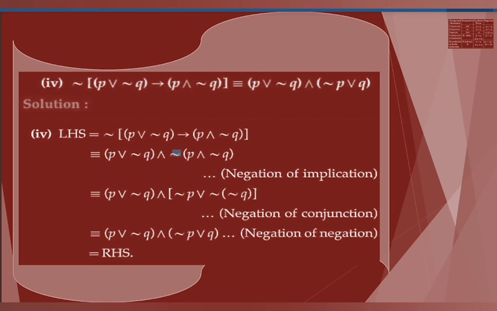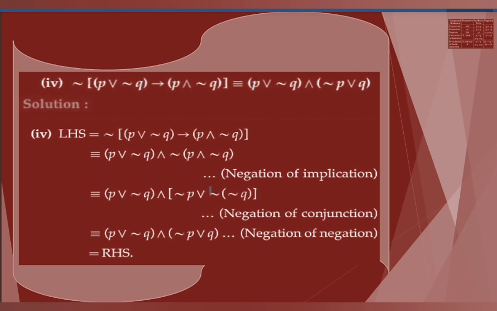Again apply negation of conjunction on this statement. This is the negation of a conjunction. Negation, and in bracket this is the conjunction. This bracket is written as it is, and this and is written as it is. In the bracket, apply negation of conjunction, which is negation of P or negation of Q. This is Q, so negation Q, and negation of this Q, negation Q. Don't confuse here. This is negation of conjunction.